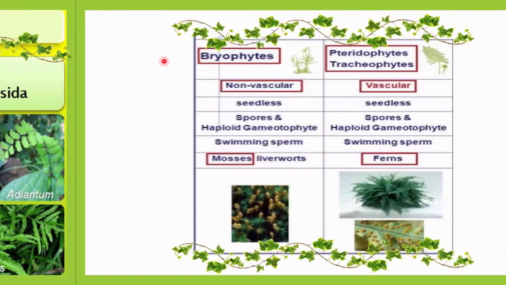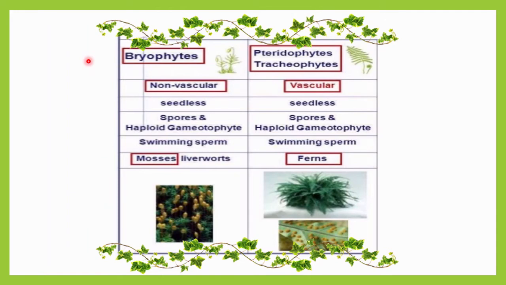Now let me discuss a very important topic, and that is asked so many times: differences between Bryophyte and Pteridophyte. The pteridophyte is also considered a tracheophyte. So here are the listed differences. Let me discuss one by one. First of all, bryophytes are non-vascular. This is a major difference between bryophytes and pteridophytes. Pteridophyte itself is vascular, which means they contain xylem and phloem.